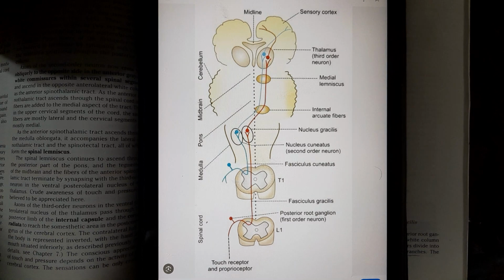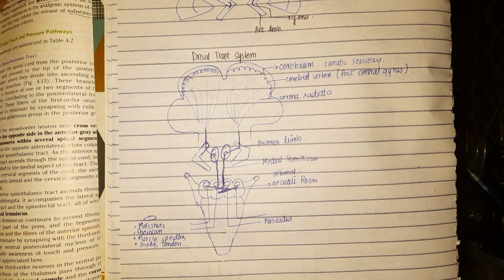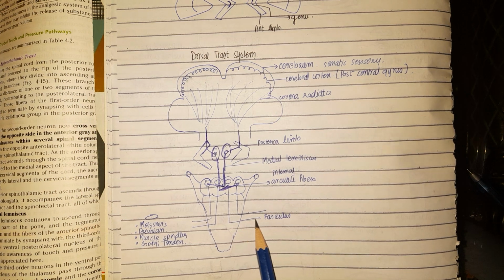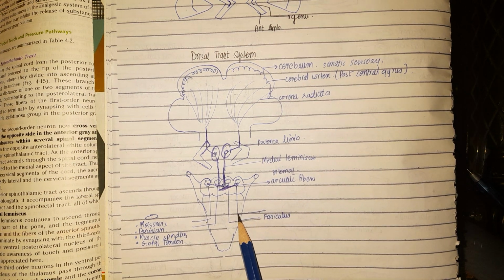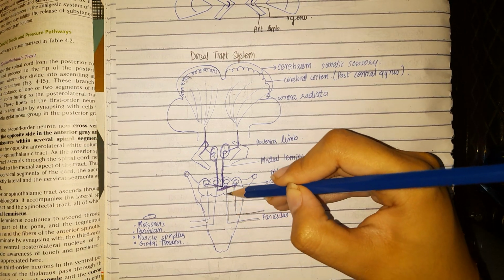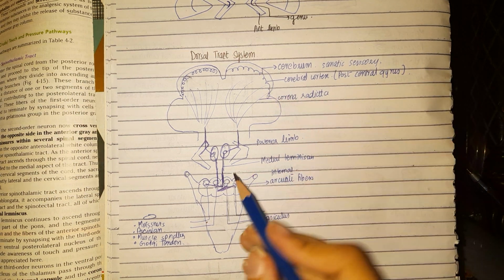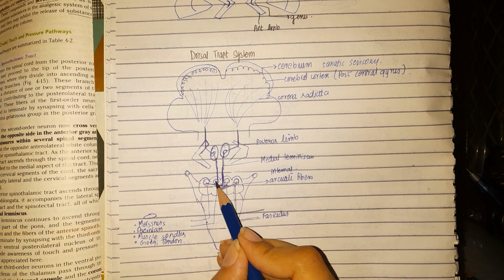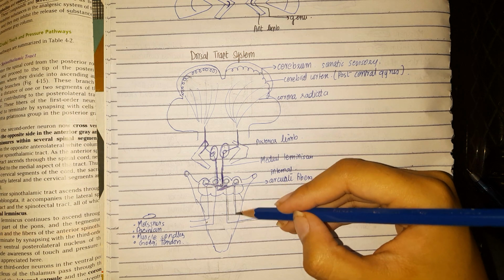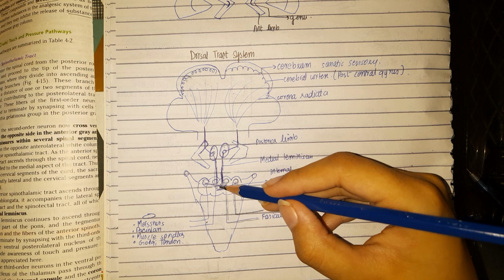Very much simple. So now for a little bit of understanding, I made this diagram on my own. It's not very neat, but you can understand the things over here. Now the fasciculus gracilis, which is coming medially, and the fasciculus cuneatus, which will come laterally, both of them will travel upwards to the level of the medulla, where they will form connections with the nucleus gracilis and cuneatus respectively. Now they will cross over. You can see the crossing over here. After crossing over, they will go. Movement on the same side is ipsilateral. Movement where they cross over is contralateral.